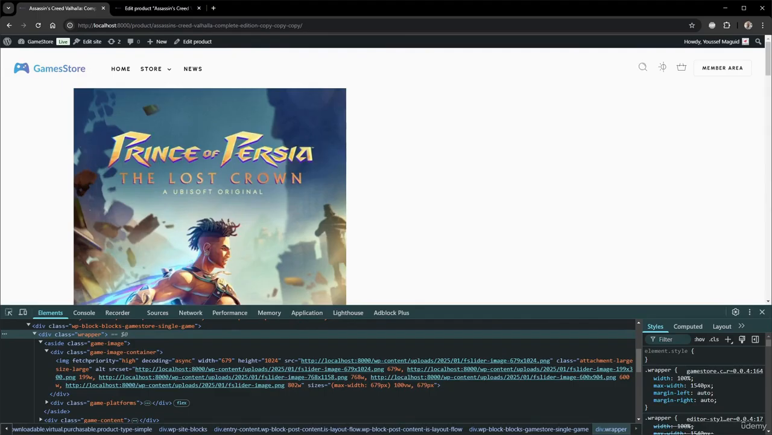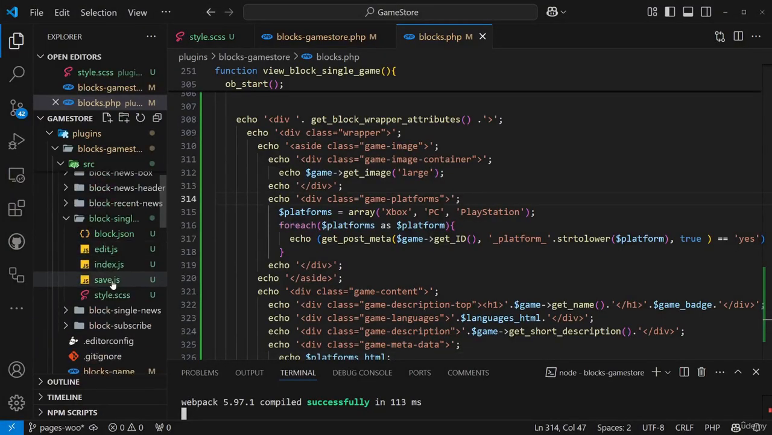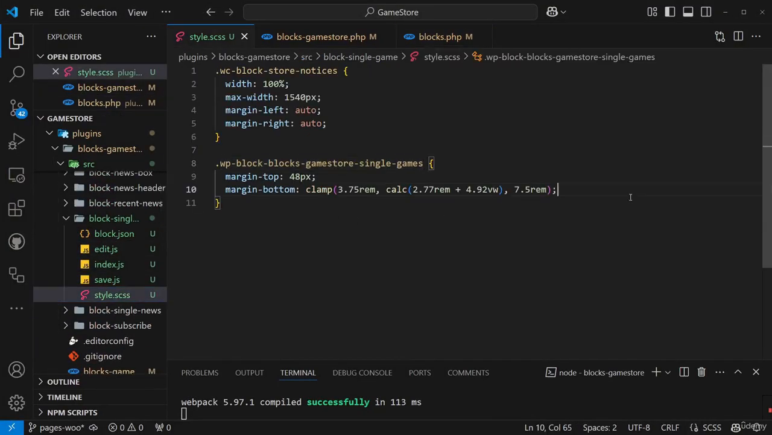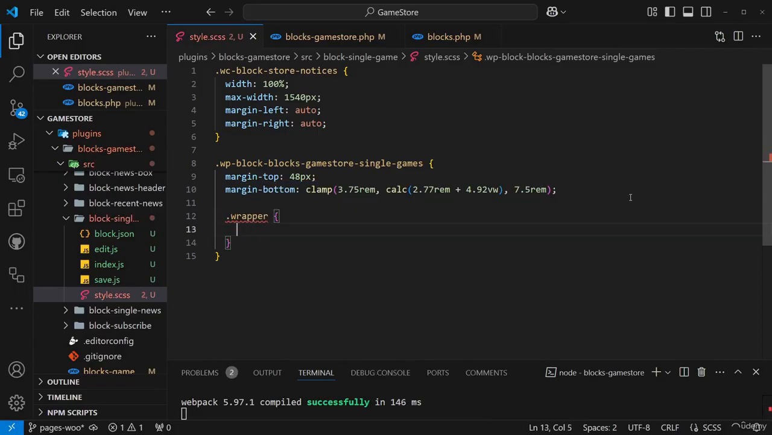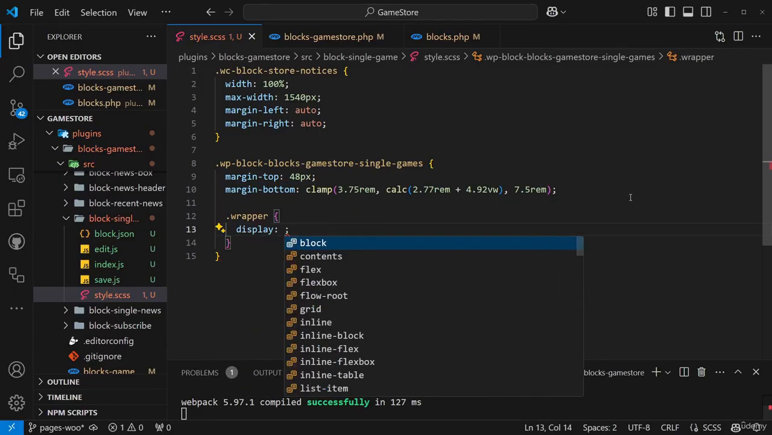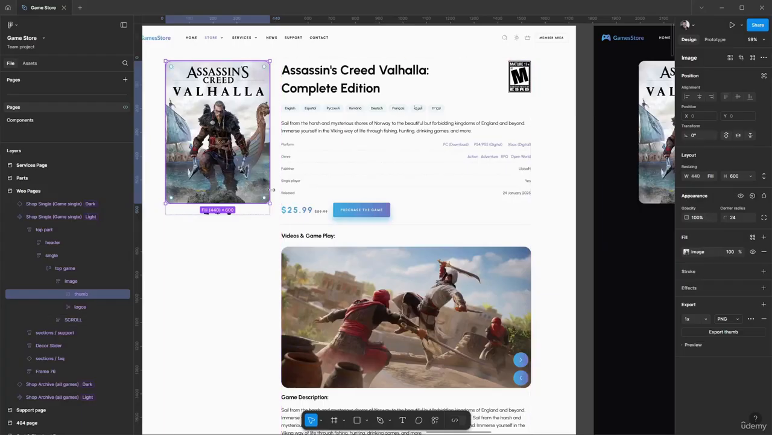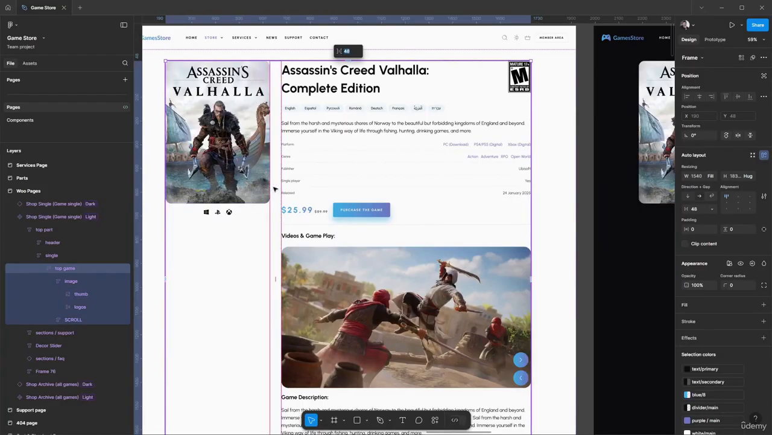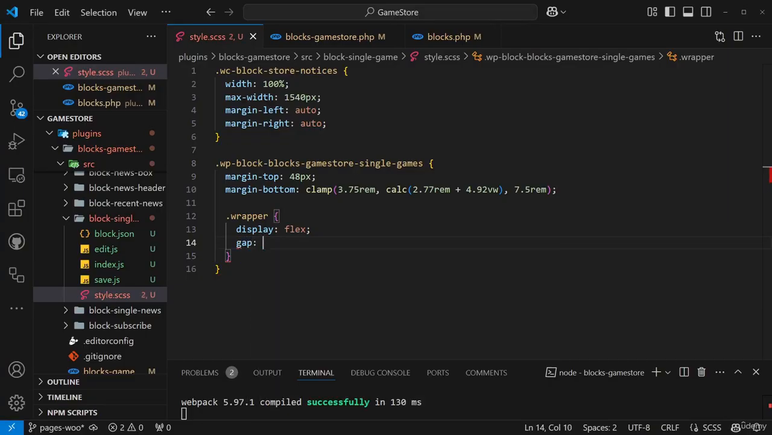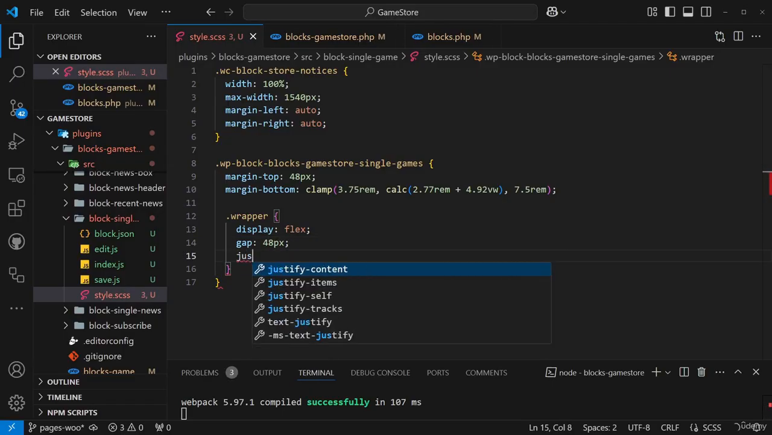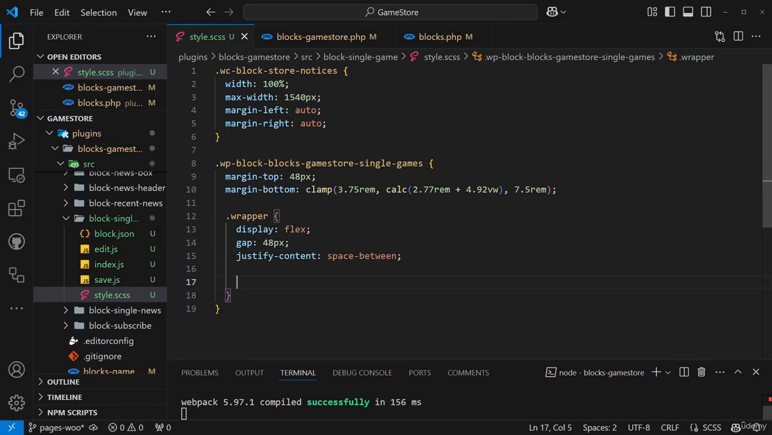So let's move to CSS. Don't forget to have the compiler turned on. And in our main selector, the sibling will be our container. We will make it flex. We will set the gap as we have here, 48 pixels, and justify content space between. Next we have,